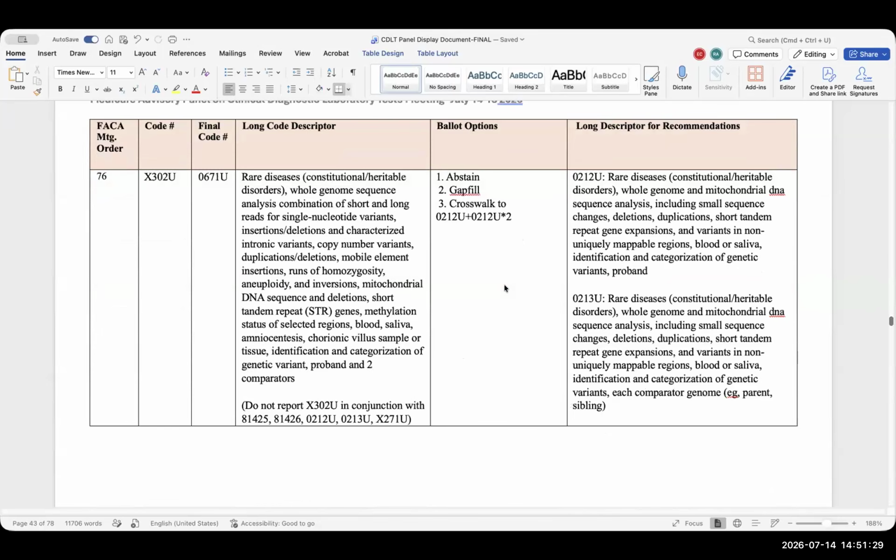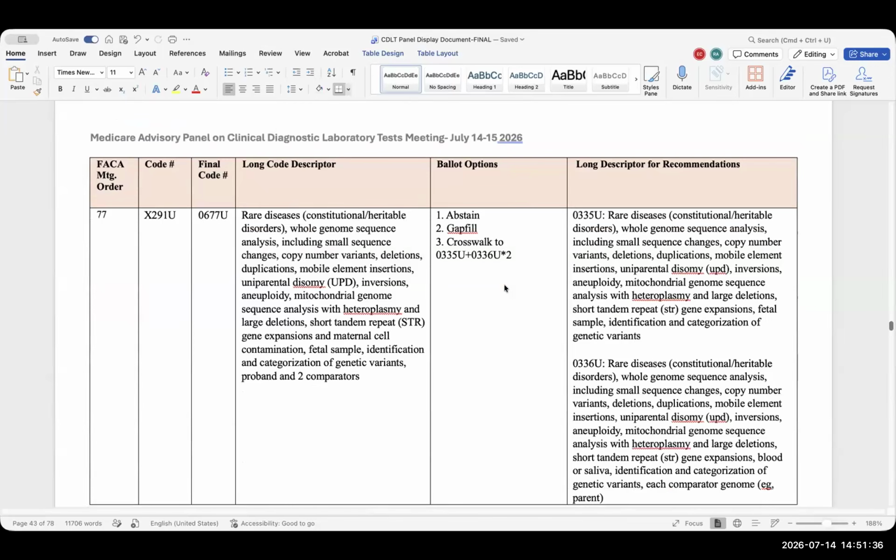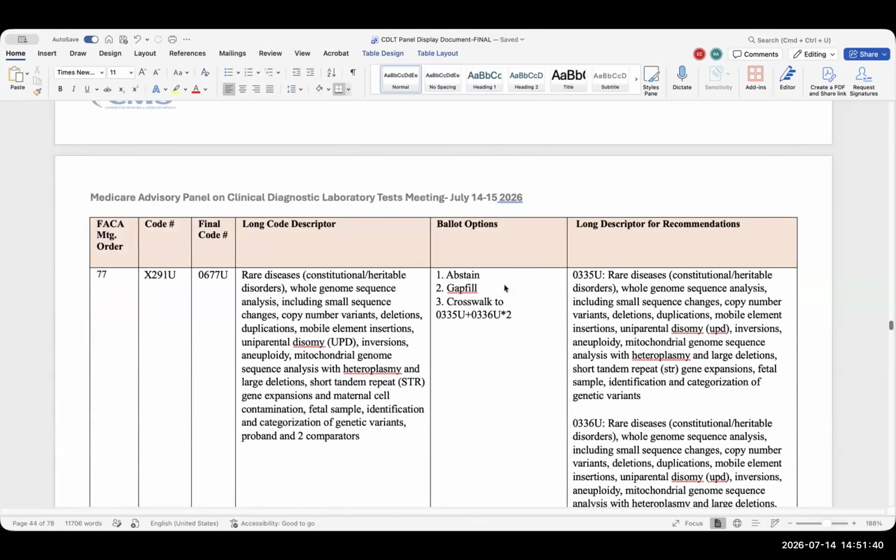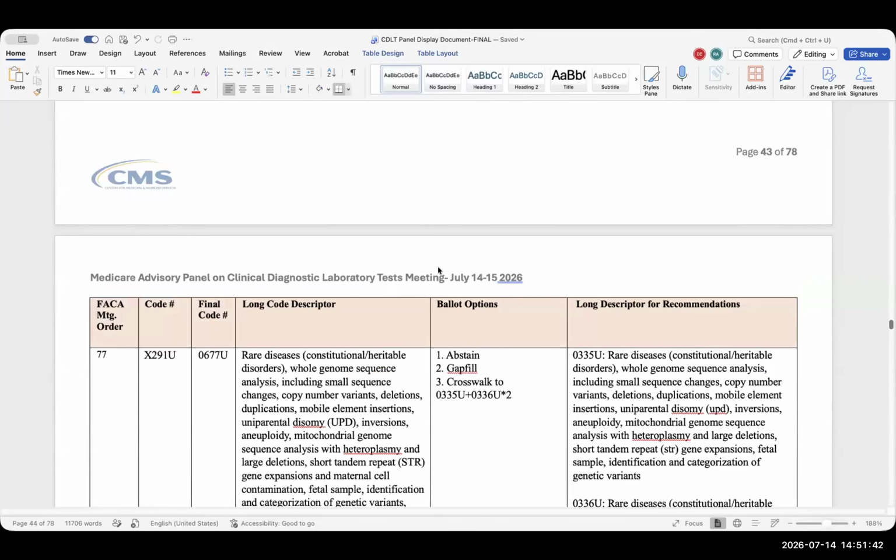Okay. Oh, wait, double check, go back. Wait, I'm sorry. No, yeah. I think this one, we needed to revote. Yeah, this is the one we needed to re-vote on. So this was similar to 73, in which the inclusion of amnio, CVS, et cetera,